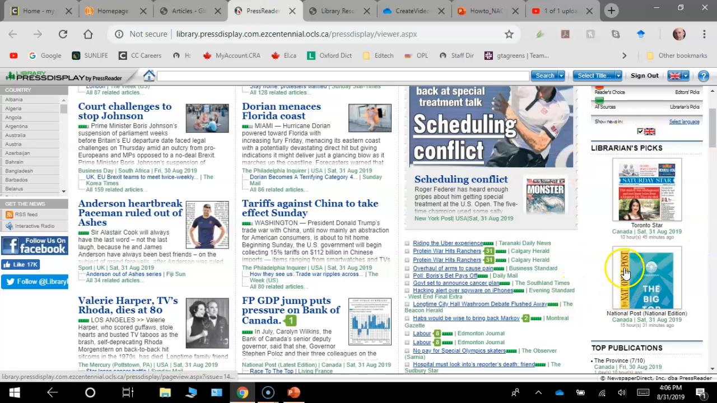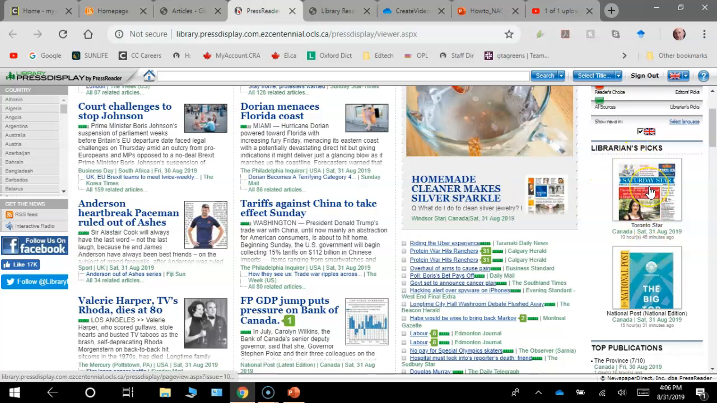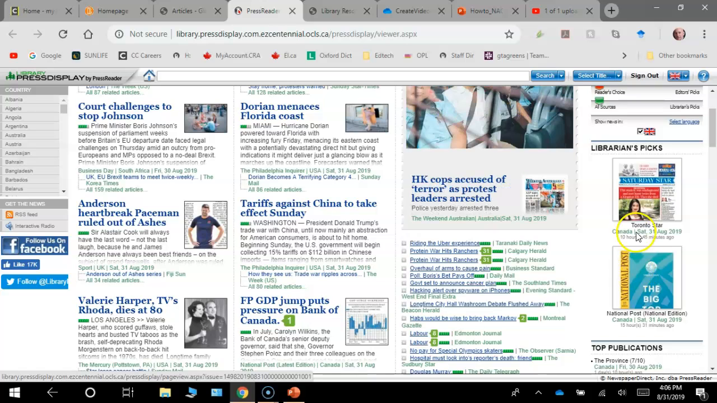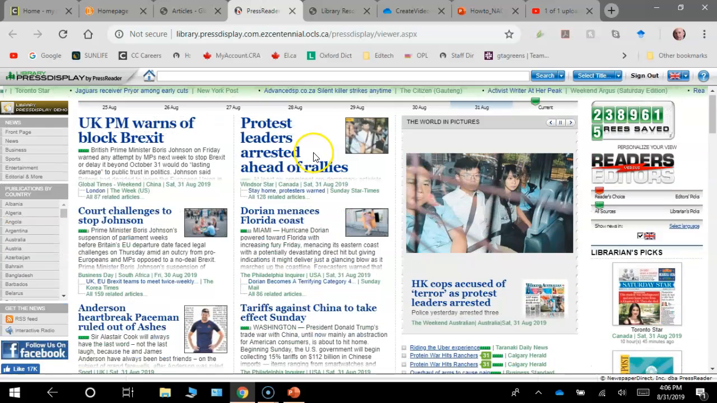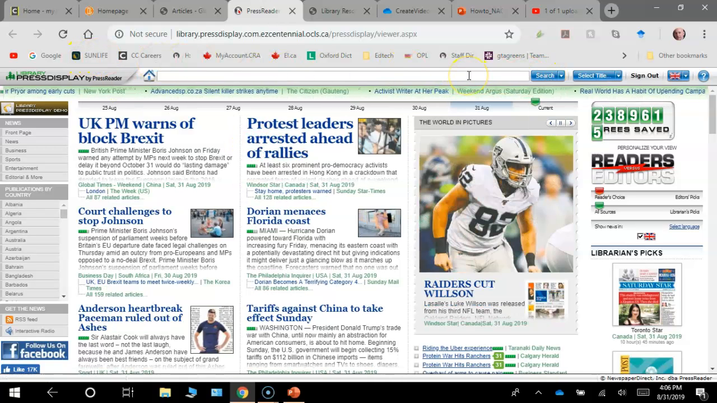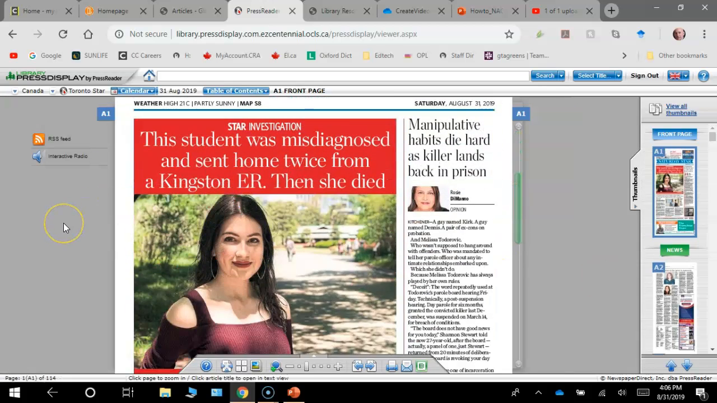Today, the 2 out of the 3 national newspapers for Canada that the library has listed are the Saturday Star and today's National Post. You'll see that the Globe and Mail is also available in this area. Otherwise, you can search for it at the top right here and find it if that's what you're interested in. I typically stick with the librarian's picks for the day, and when I click the Saturday Star, here is Saturday's